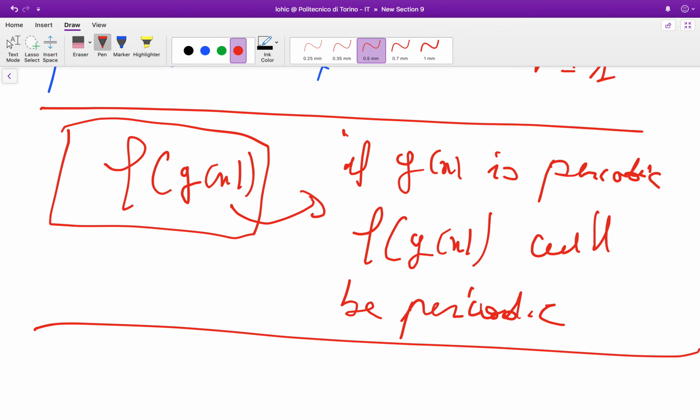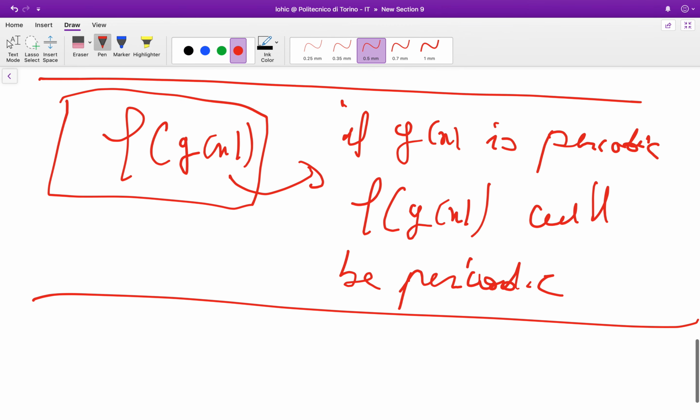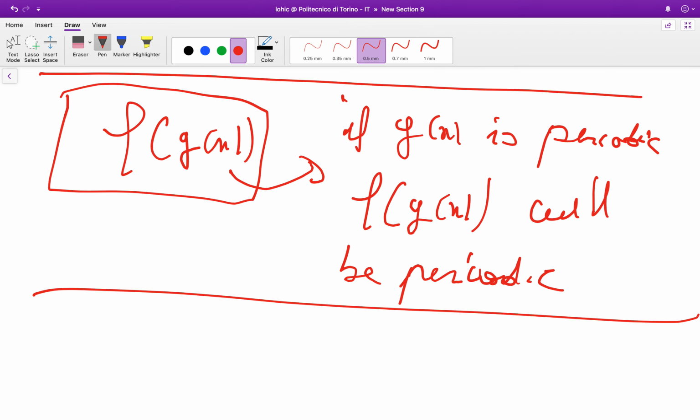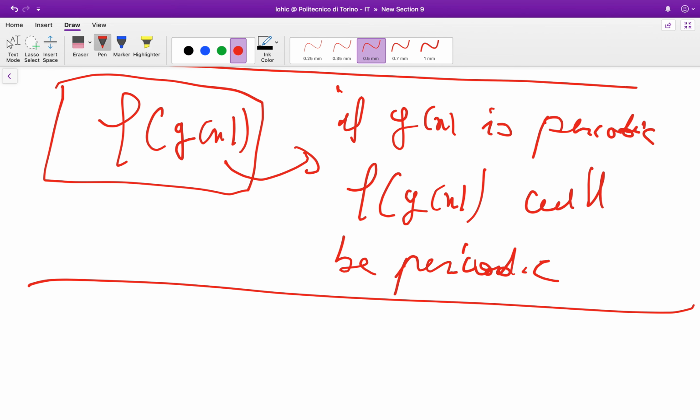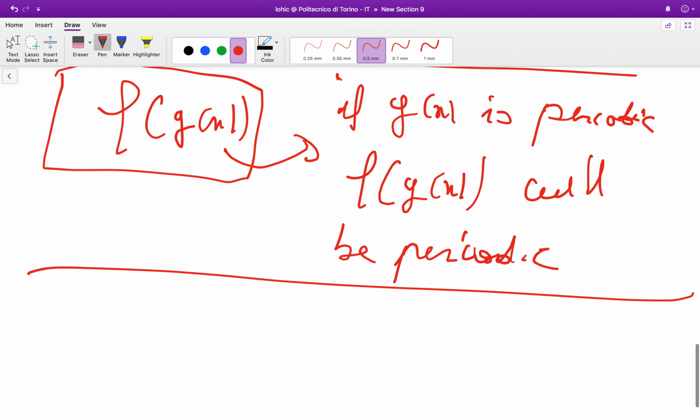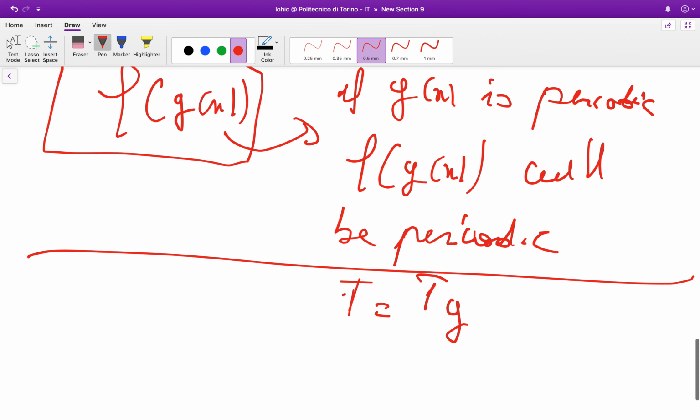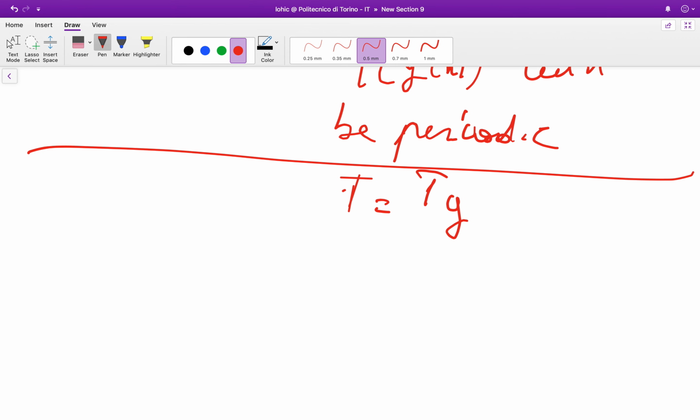In fact, when you combine them, if the internal one is periodic, then the composition will be periodic, and the period is usually equal to the period of the internal one. For example, if you do sine of mantissa of x,